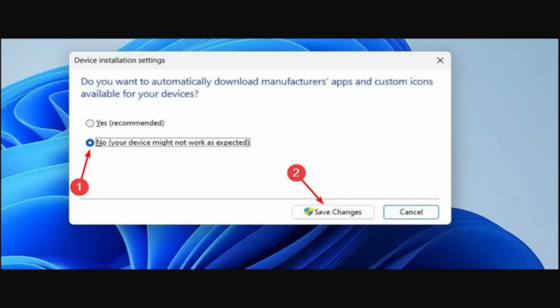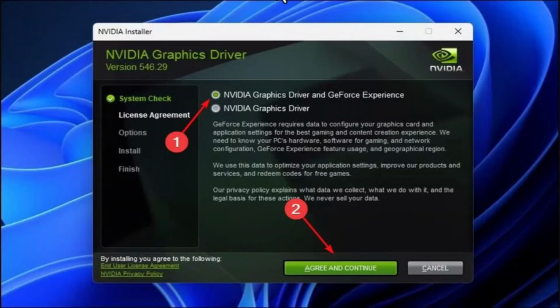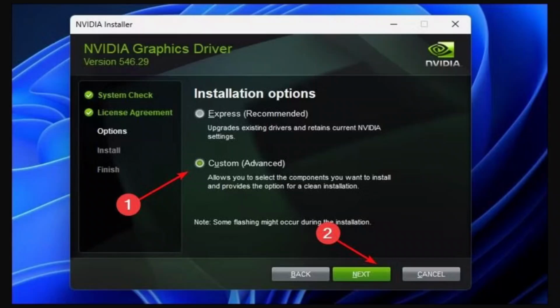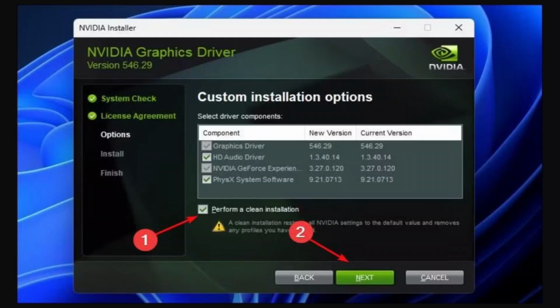After you've actually done it, so now you need to begin with the installation. So from here further on, you just have to make sure to follow the steps. That is, make sure to select Nvidia graphic drivers and GeForce Experience, and then click on agree and continue. Moving on, once again you could see this field, so click on custom and tap the next button. On the other field, you want to make sure to click on perform a clean installation and tap on the